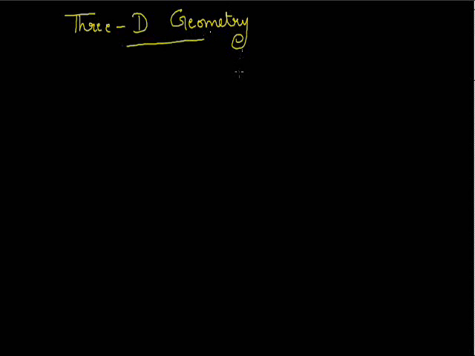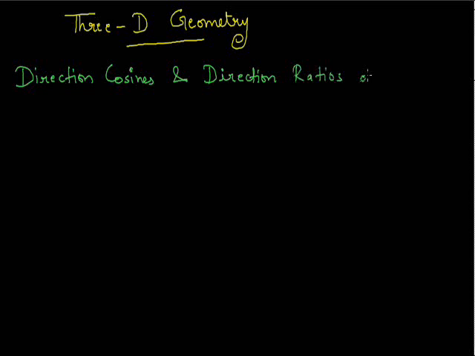In earlier class, we learnt analytical geometry in 2D and also introduction to 3D, but with the help of Cartesian methods only. Here in this chapter, we will use vector algebra approach to the world of 3D geometry. First of all, let's discuss direction cosines and direction ratios of a line.